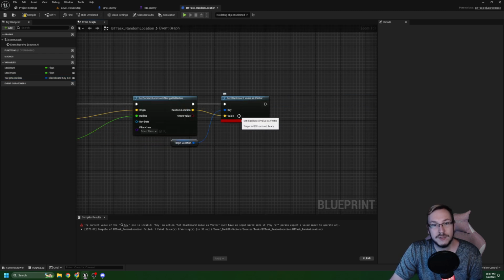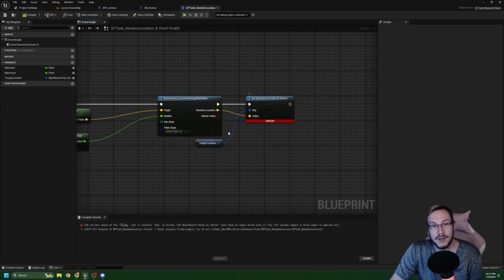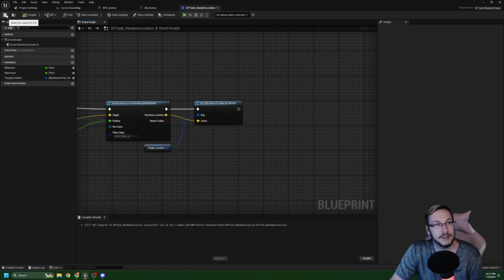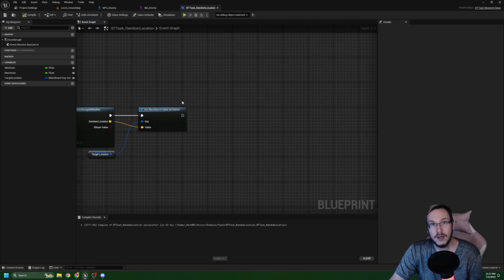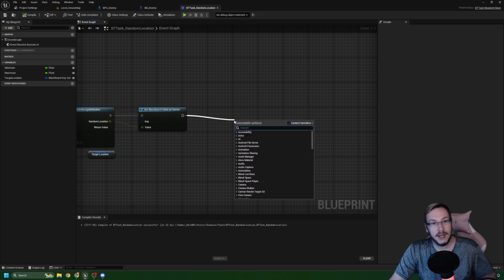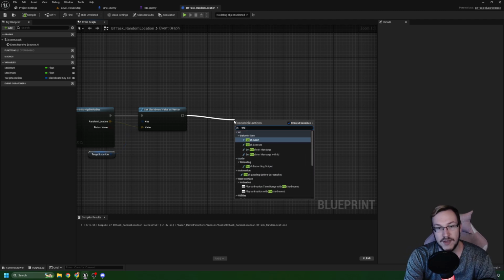Spit that number out. Set blackboard value as vector. We pulled out of key, we made it a variable, and it's a blackboard key selector. Compile and save. There's one last thing we need to do in order for this to work. Remember, we need to let it know it succeeded. So we need to pull out of this, and we need to type in finish